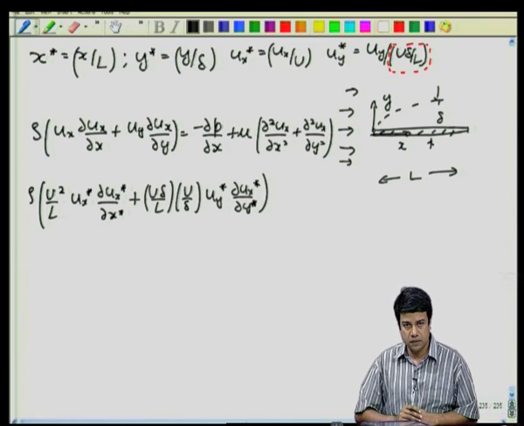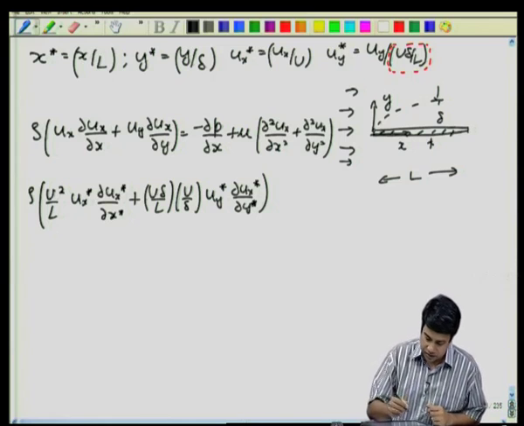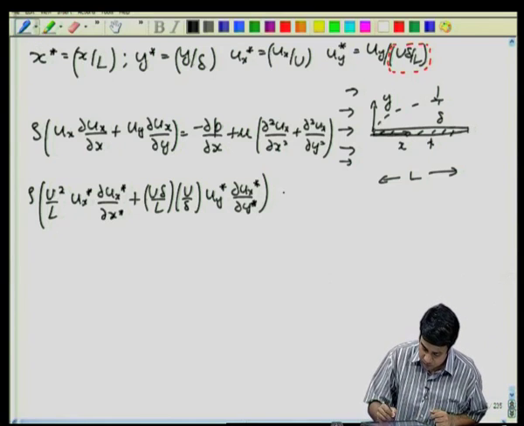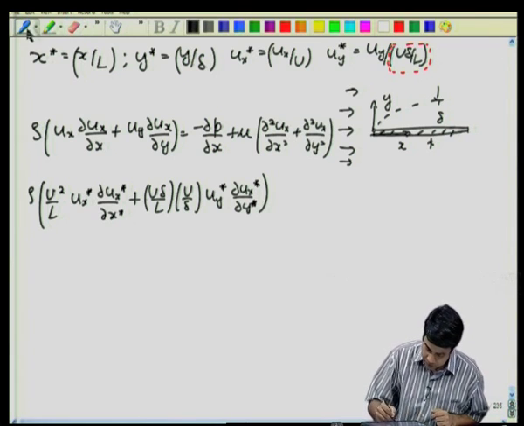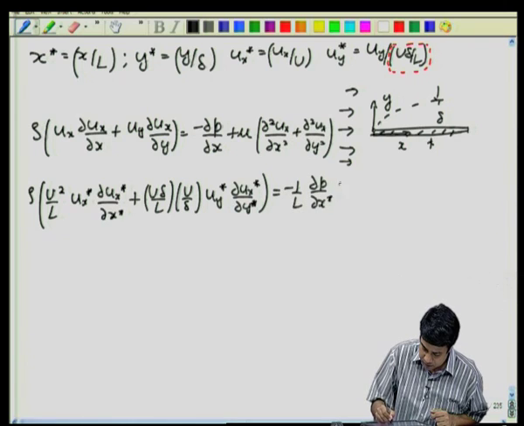The pressure, okay, we have not scaled the pressure yet. The pressure scaling will come out of the requirement of scaling all the other terms in the equations. So, we will just leave the pressure for the moment. This is equal to minus 1 over L partial P by partial x star, plus,